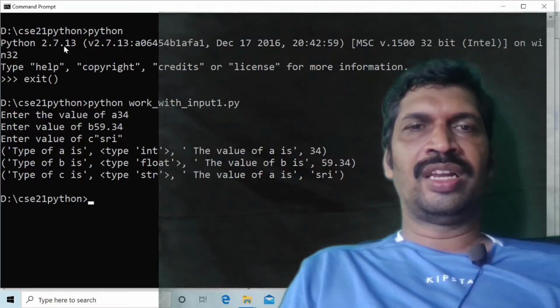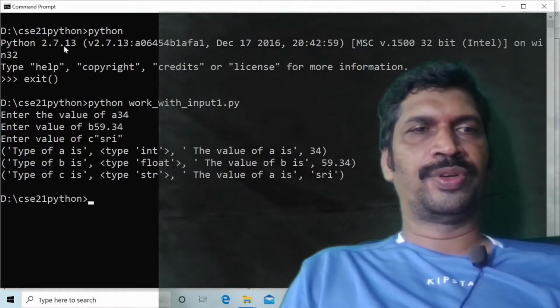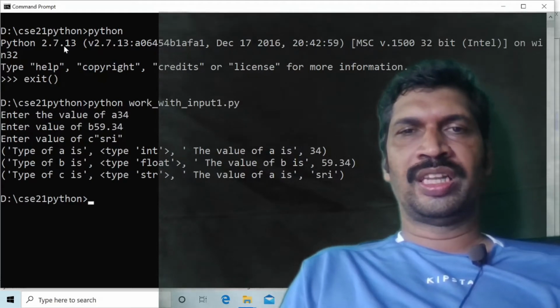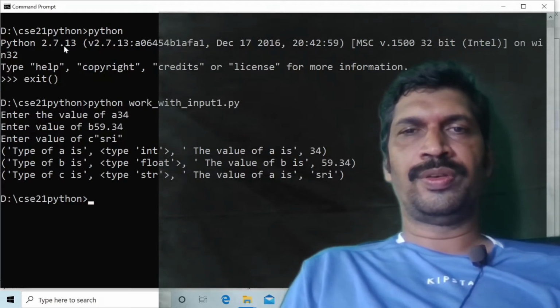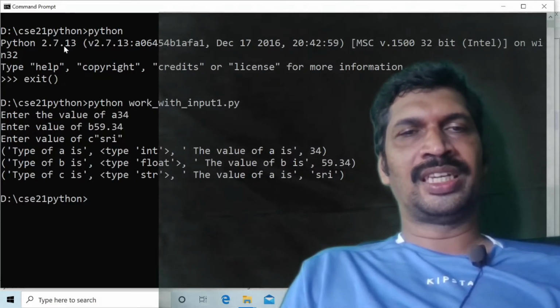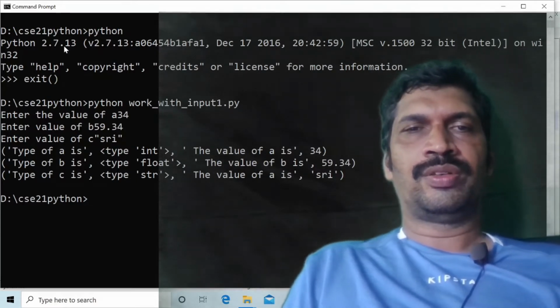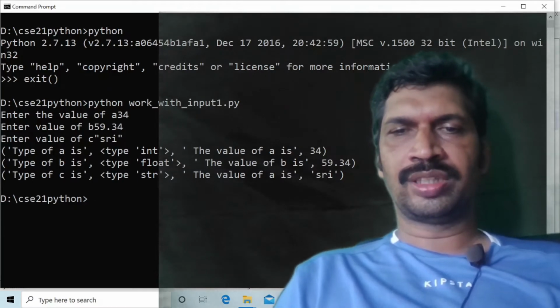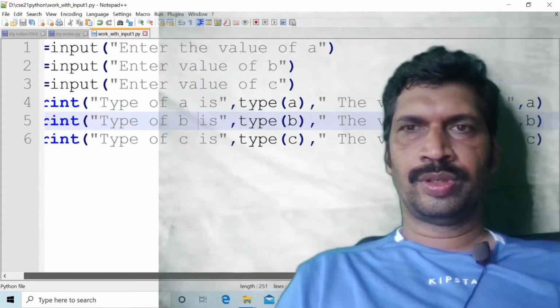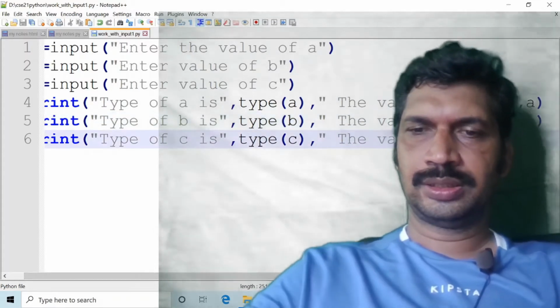The value of a is 34. Type of b is type float. The value of b is 59.34. Type of c is type str. The value of c is SRI.